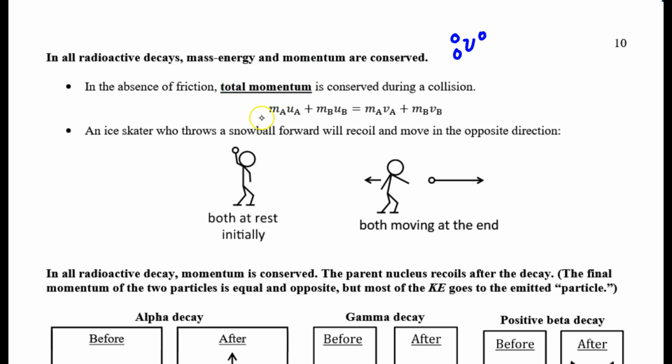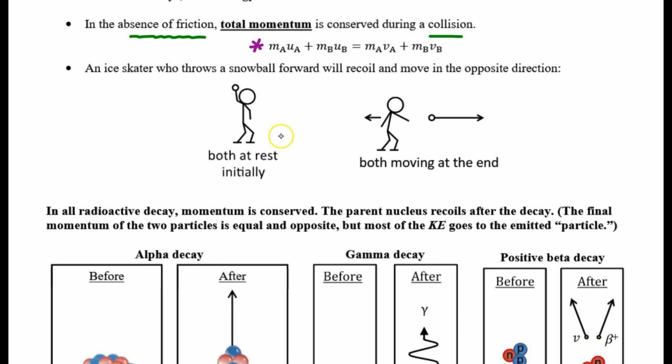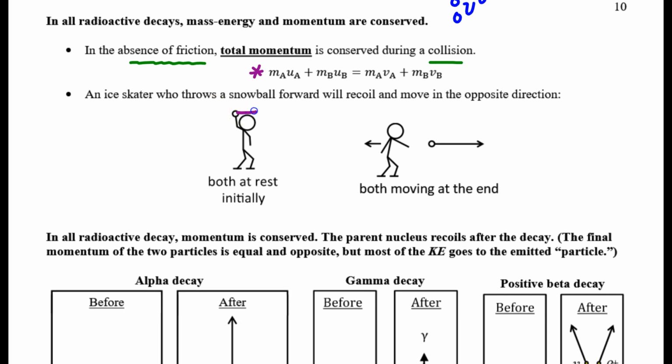Momentum is conserved during a collision when there is no friction. This is what we learned a while back, and the equation that expresses this is shown below. Consider a scenario where there's a person holding a snowball, and let's pretend that she's on frictionless ice skates on a frictionless surface. When she throws the snowball forward, the ball feels a force forward, and according to Newton's third law, her hand feels a force that is equal, but in the opposite direction. Because of that, the net force on both objects is the same in magnitude,